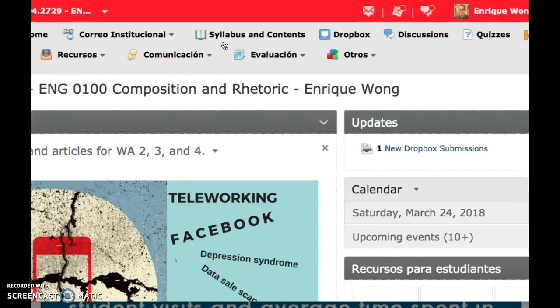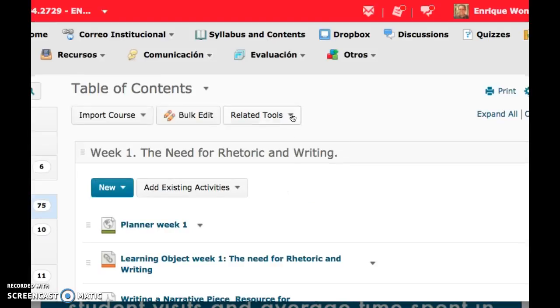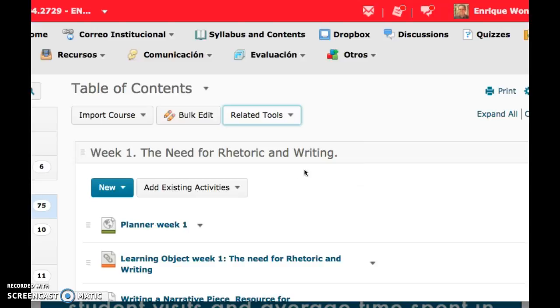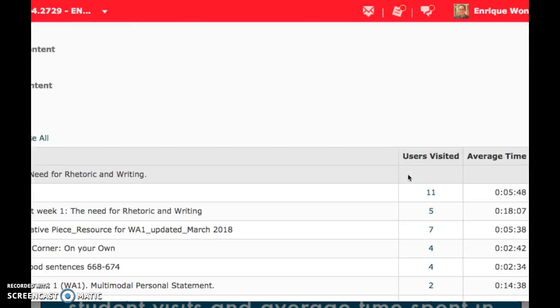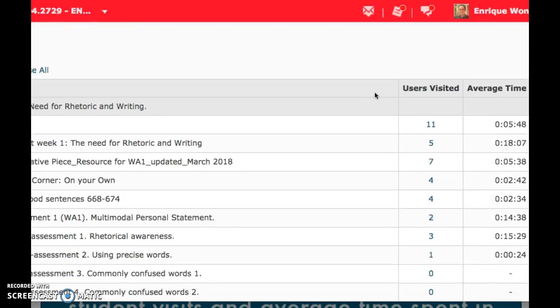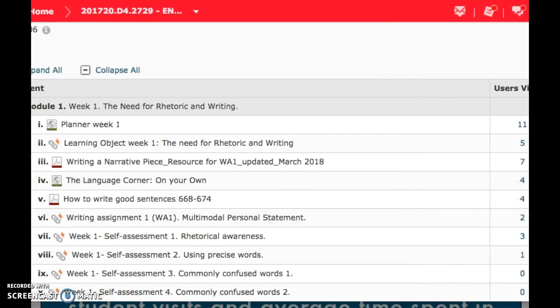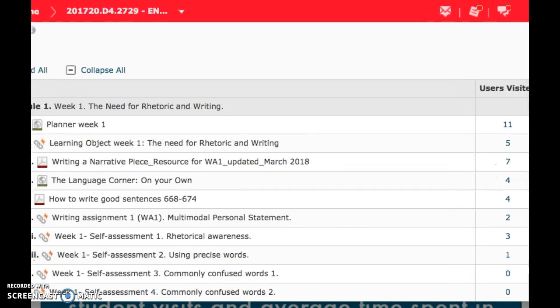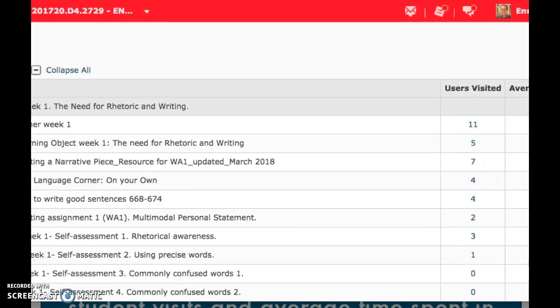You know that we have the navigation bars, as I explained to you in the welcome tour. In the syllabus and content section, professors have these tools over here, which is the reports tool, and by using the reports tool we have access to everything that you have visited, the number of students that have visited the sections. For example, I'm going to take the learning object of week 1 as an example,